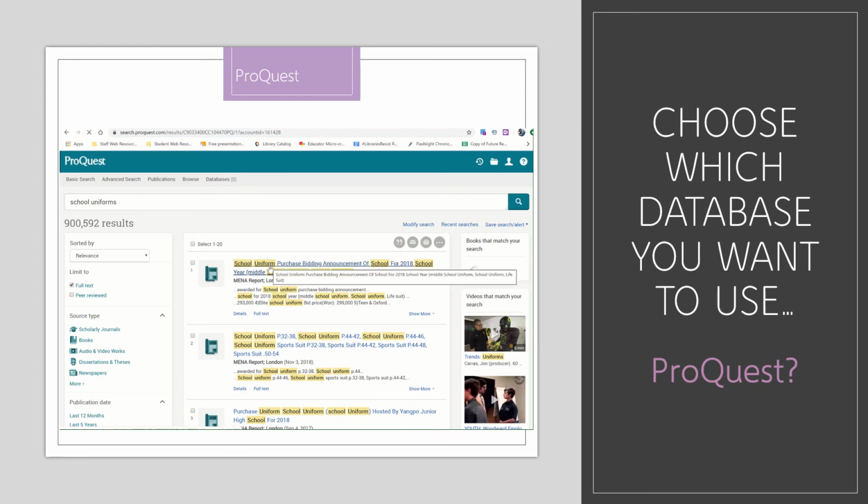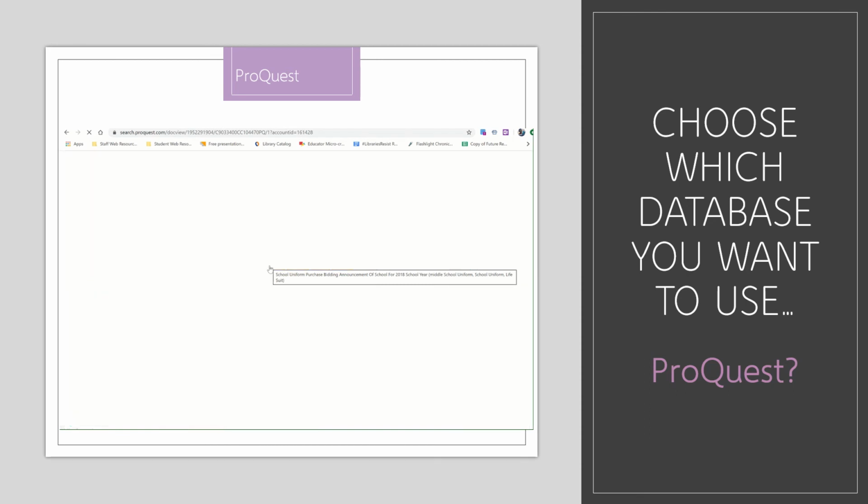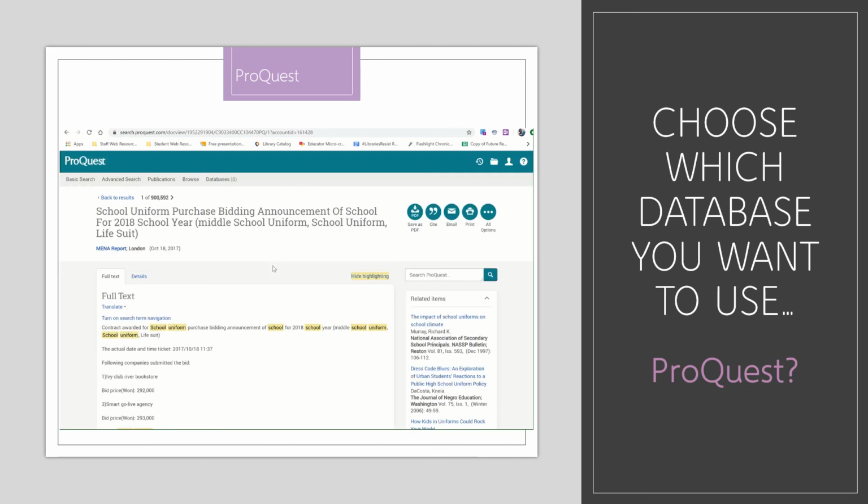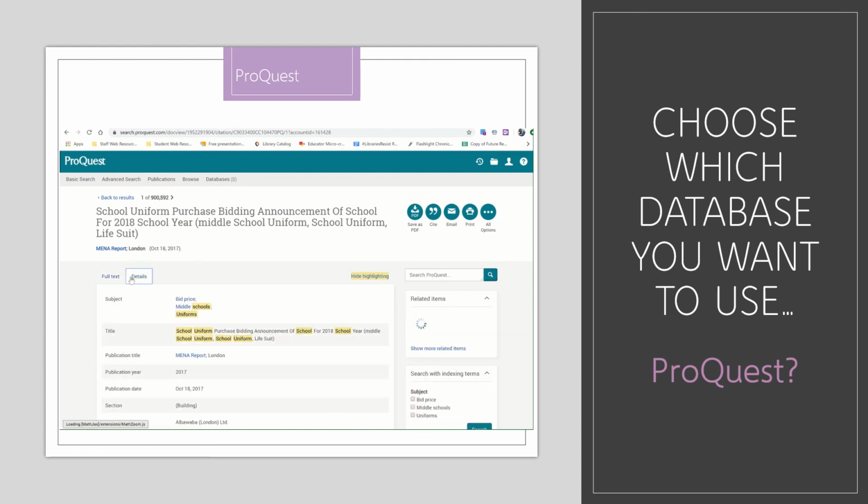and again, this is a bigger database than Search Discover and eLibrary, so it takes a while to load. So you open up the article and then let it load. And I'm having trouble getting this article to load, and I think that's partly because the internet in my house is not as good as the internet in my school. When it is open, you open up your article, you can scroll down, you click over to details, you can